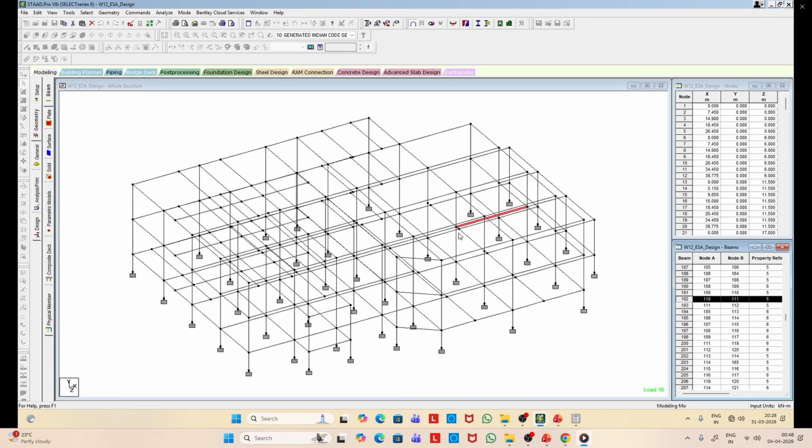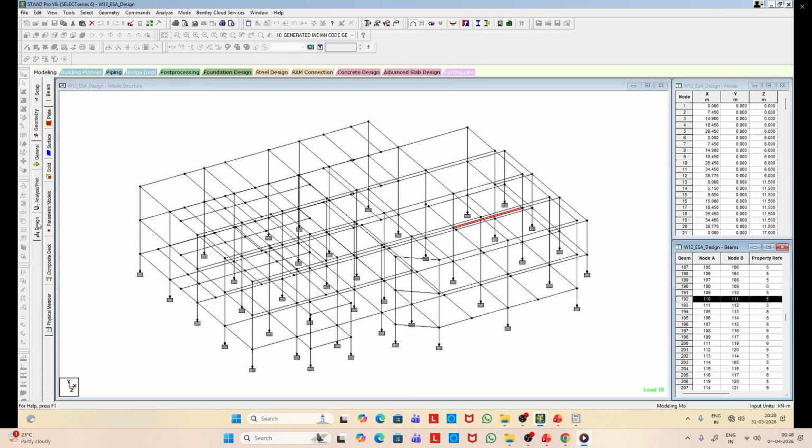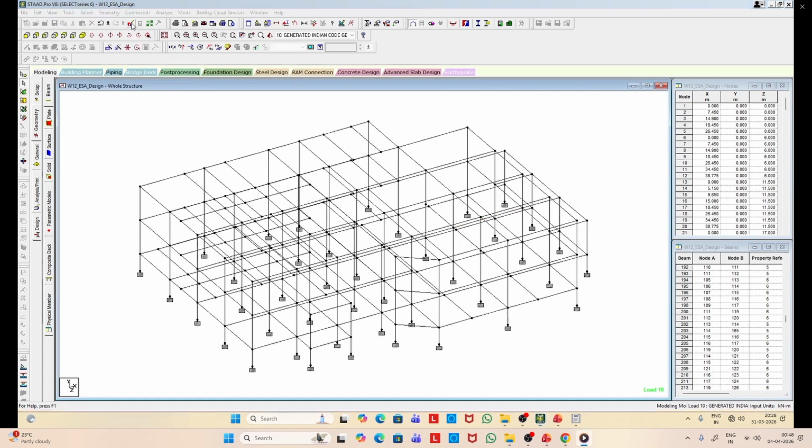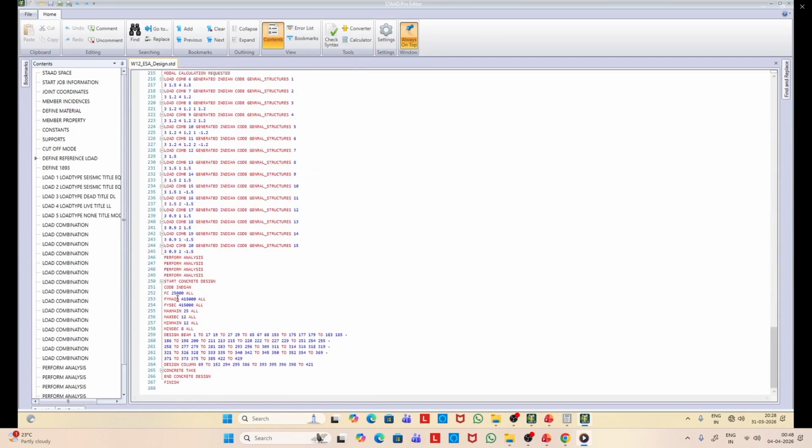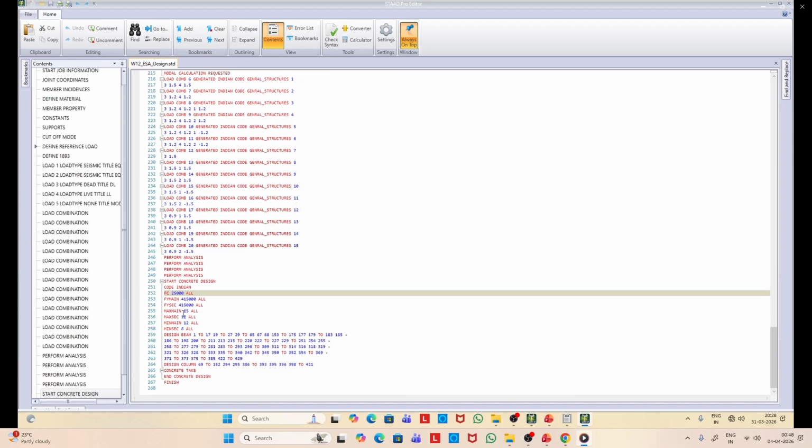So now what we can do, we have already increased the section, so we can play with the other parameters, right? So let us try with a different concrete again.